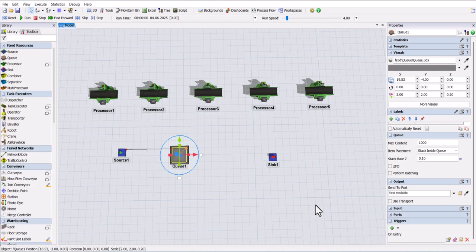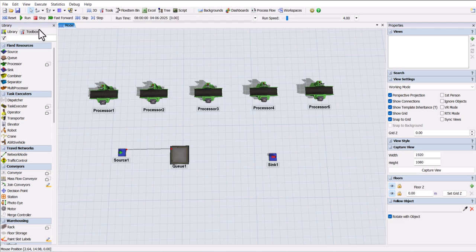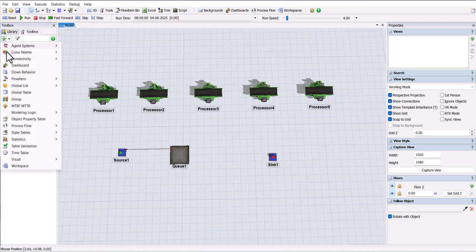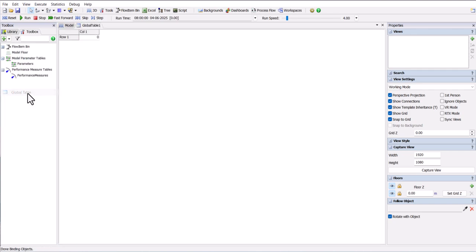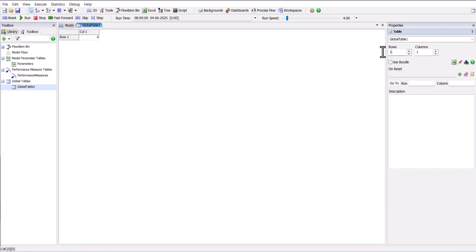Let's move on to the process flow section. Before that, open the toolbox, click the plus icon, and select Global Table. Set it to 3 rows and 6 columns. Now change the table values as shown here. This defines the routing each SKU will follow. For example, SKU1 will first go to processor 1, then processor 2, processor 4, processor 3, and finally to the